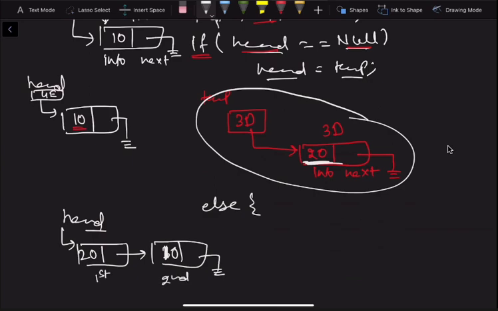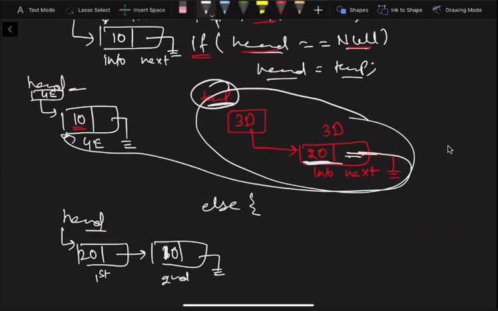In order to do this, you can assign temp next with head. Why? Because the address of this node is 4e. If you assign temp next with 4e, it will be added. This is 4e and you wanted to have 4e here.